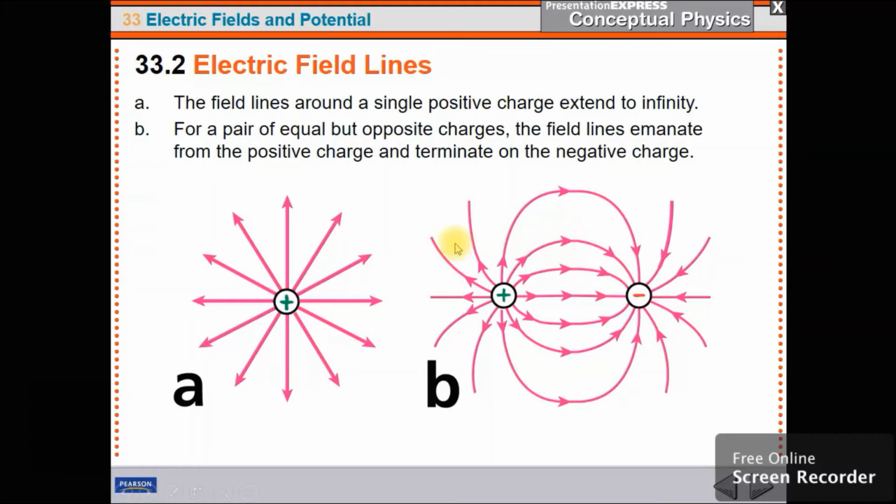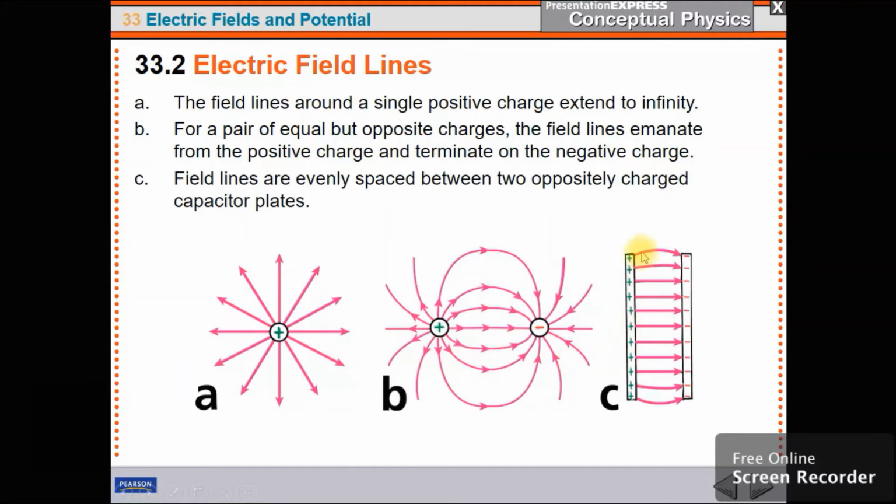Yeah, so these are the electric field lines. That's the title of this part of the lesson. And this is how we draw them. So, then we've got a charged plate. So the field goes out of the positive and then into the negative. That's the direction of the electric field. So if I drop a small positive test charge in the middle of this field here, it's going to move to the right. It's going to follow the field line.